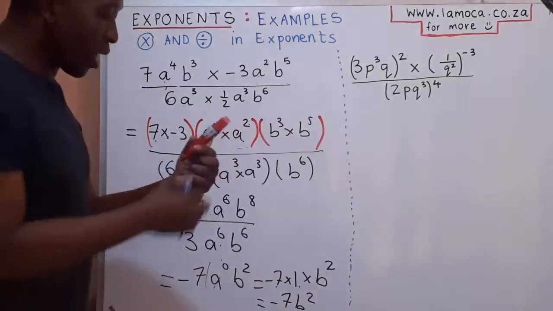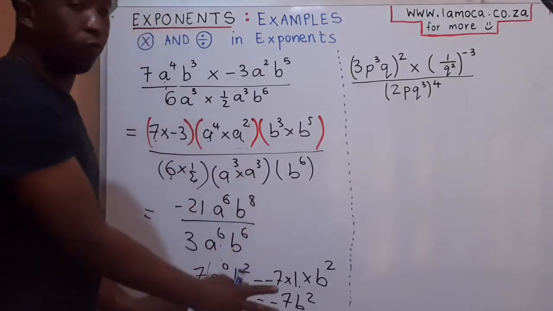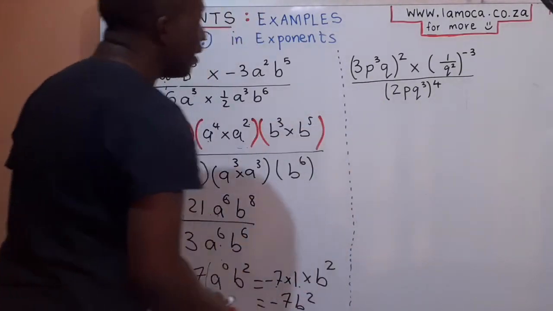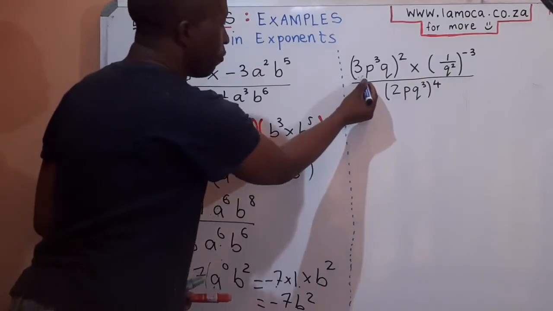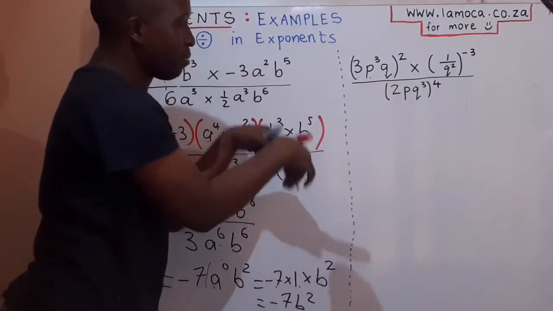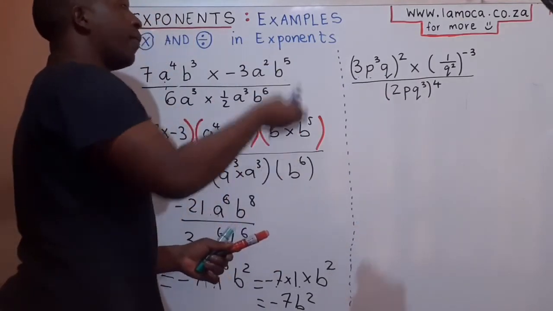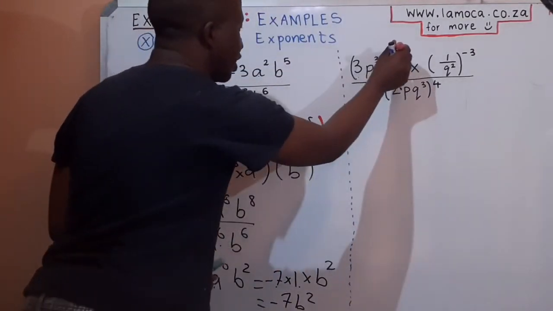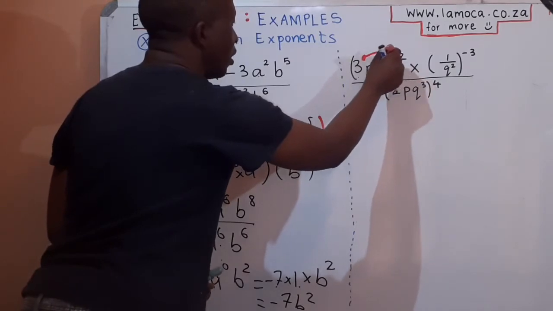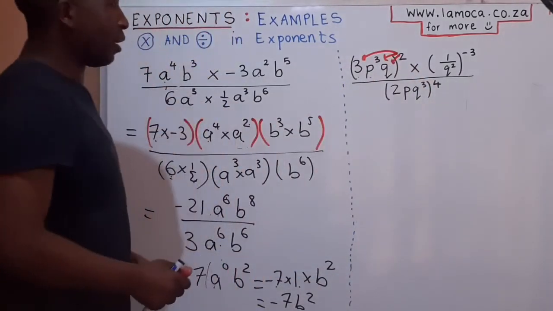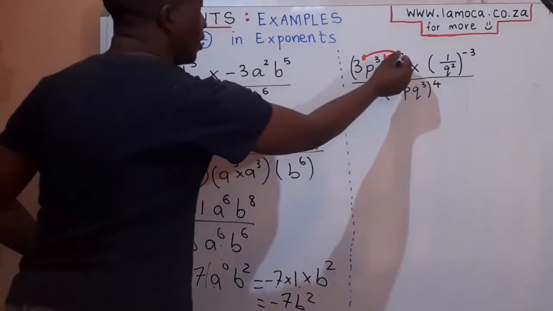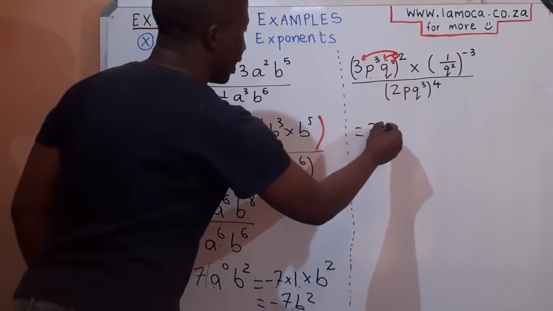So now I'm going to go quicker on the second one because we've got an idea of what to do here. I've seen here that we've got multiple bases inside my bracket, and I've got an exponent outside. So we've got a law that says how do you raise a power to a power, and that law says we can actually distribute that exponent and give it to each one of those bases that we have inside there. So this is going to be 3 squared, which I'm going to write as 3 to the power of 2,